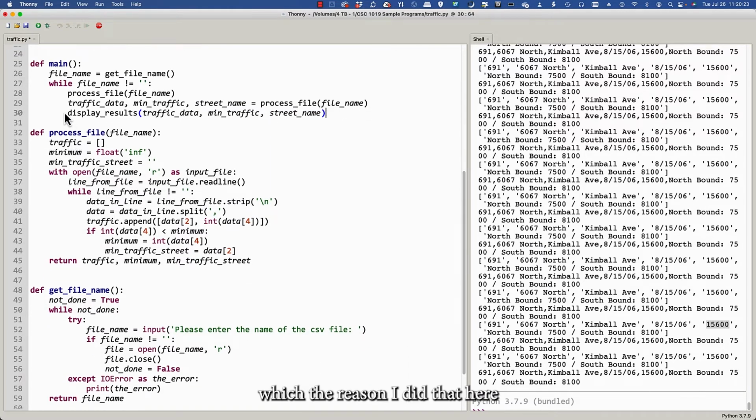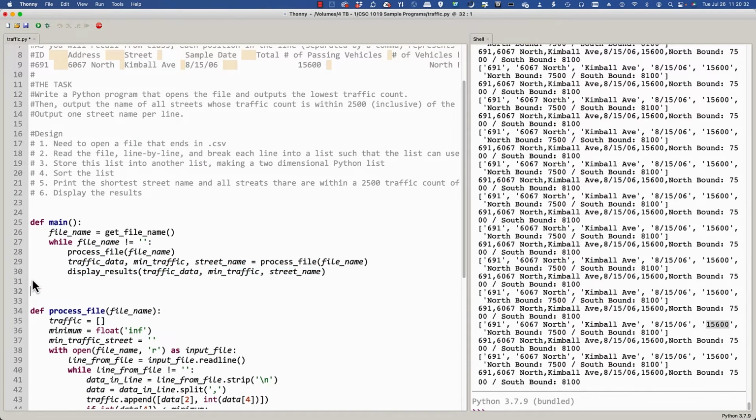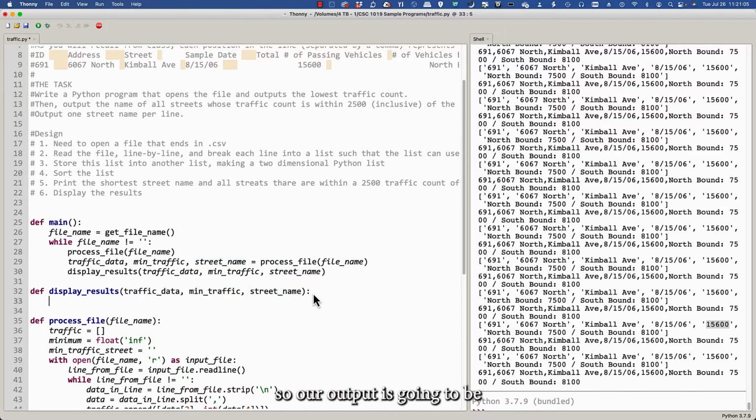The reason I did that here instead of the define is so that I could just copy it, paste it, and we now have our function definition. Now, these are just placeholders, so as long as they make sense, I can use them with the same name as variables in another function because these are just placeholders. So our output is going to be